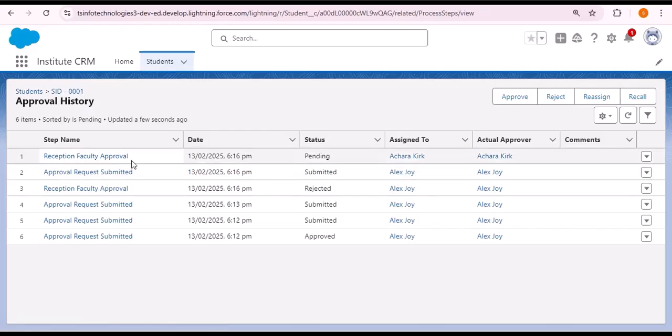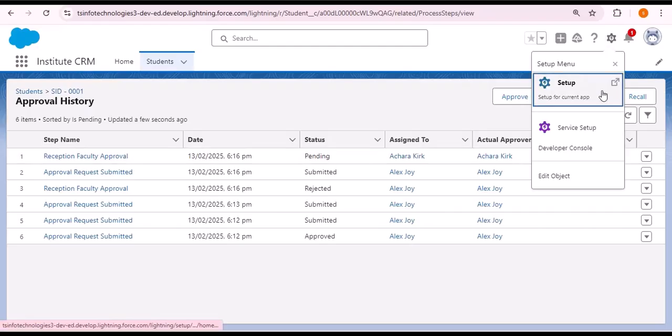Then reception faculty approval, which is the step name, and status is pending, and after that assigned to Achara Kirk, who is the approver for this approval request. Now to approve this request, first we need to log in with Achara Kirk. For that,